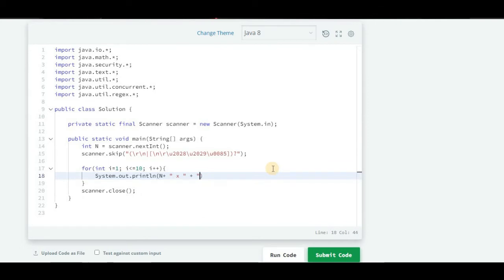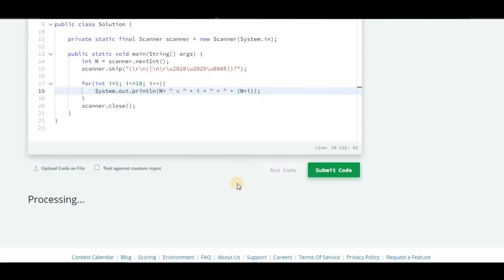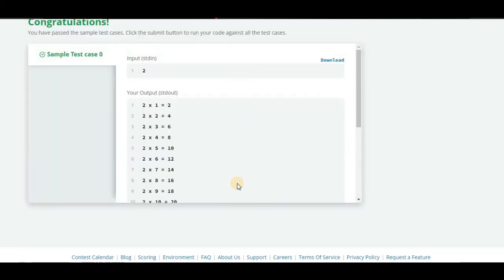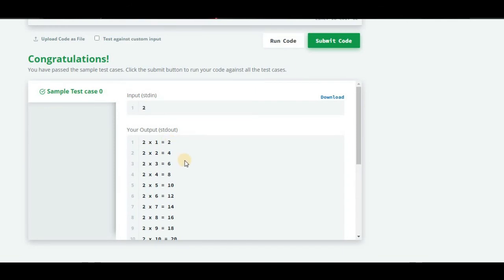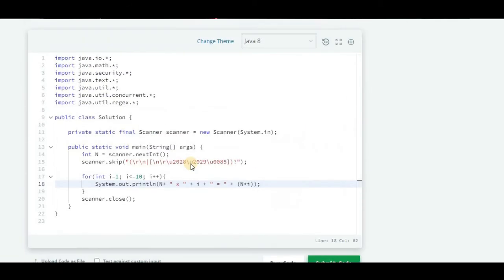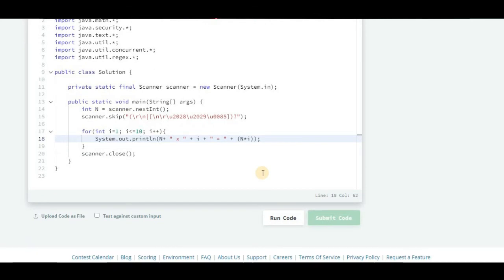Then we should print i, which is i plus a space, then the equals sign, then a space, plus, just do n multiply i. That's it. Try to run this code. As you can see, it is printing in the same format. Now submit this code.